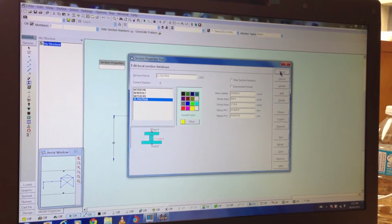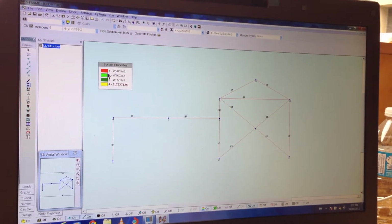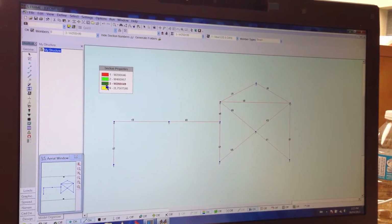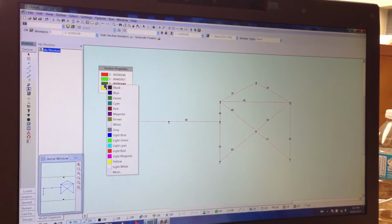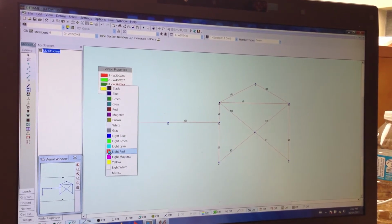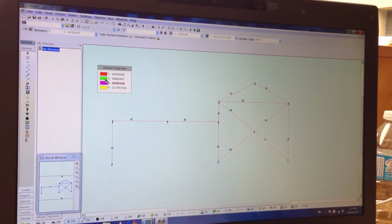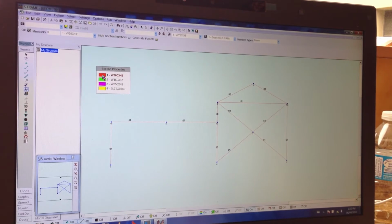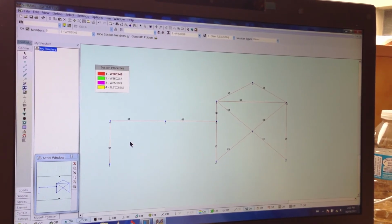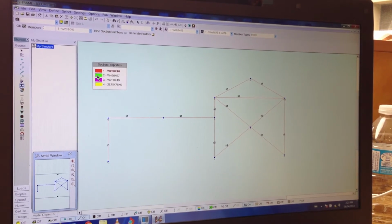We'll click Close, and we have a little section property table here that are all color oriented. Except this one, we're going to change this color because it's too close to the other one. So you right click on it, you come down, and we're going to make that one light magenta. So all their columns are going to be red, which are W200 by 46. Everything's already red. So now our beam A is going to be a W410 by 67,